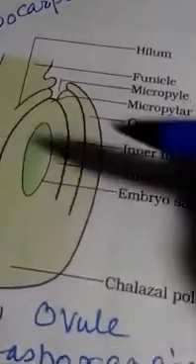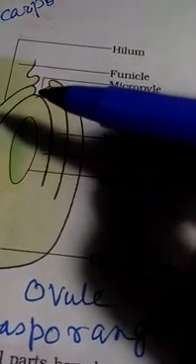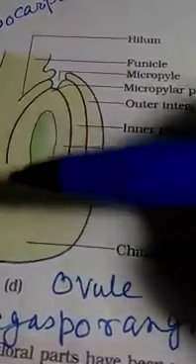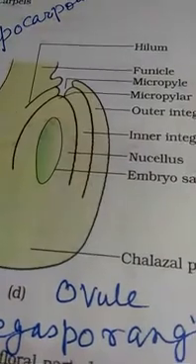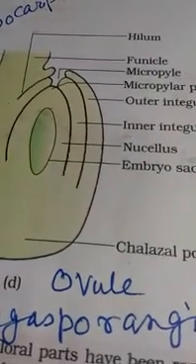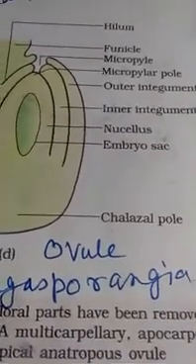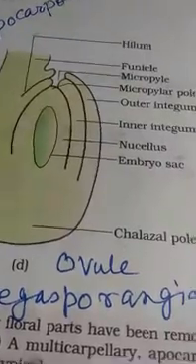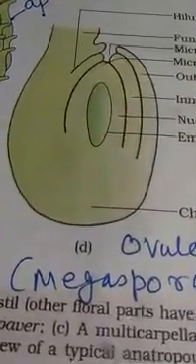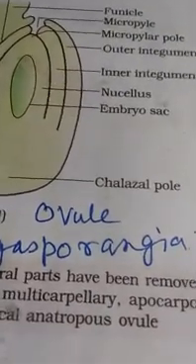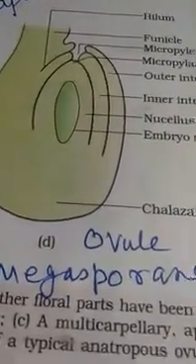Now each ovule contains in the central part, these integuments do not meet at one point and leave a gap or a very small pore which is known as micropyle. And inside the ovule there is a nucellus, where a large number of cells are present. Now, how the embryo sac is formed, we will study. One of the students asked me, ma'am, from the nucellus, how is the embryo sac formed? So now I am going to describe how embryo sac is formed.